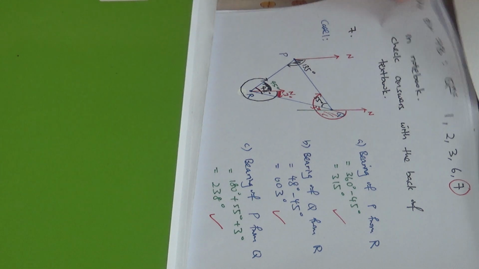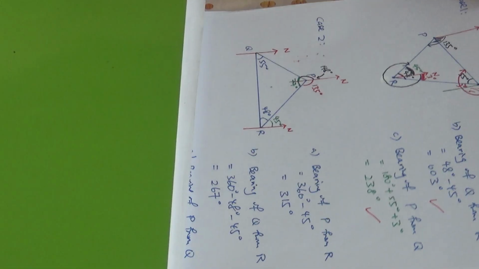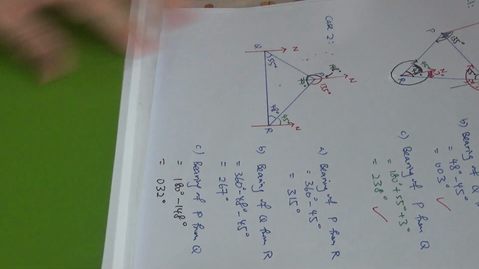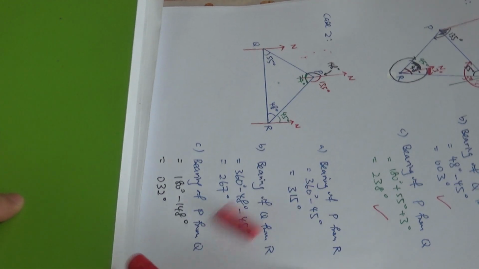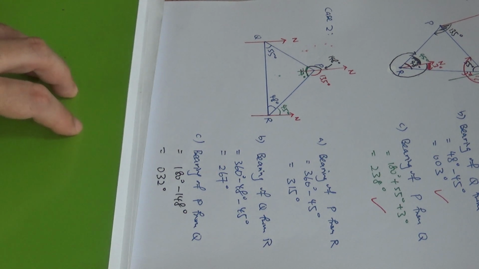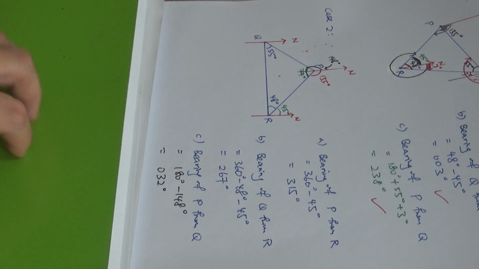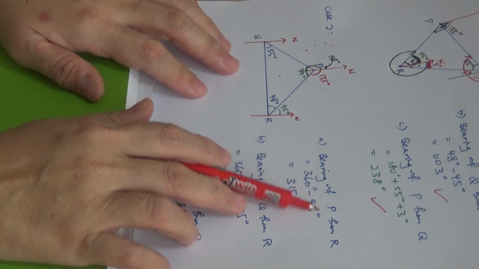Now the diagram need not be in this particular form. It can be in the case 2 form, whereby the 3 points are drawn in this manner, and it also works. Alright, so let's take a look at case 2. If I draw it in this manner, the bearing of P from R,